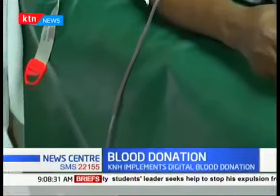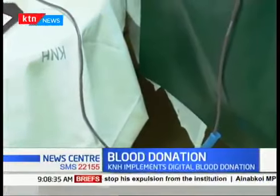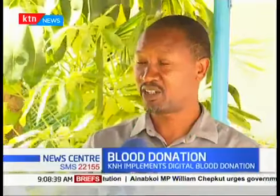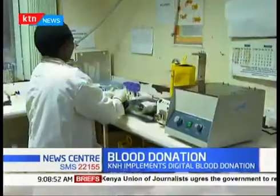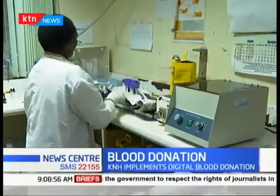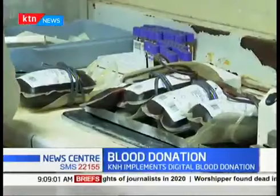Developing countries are constantly struggling to meet blood supplies adequate for the demands of the population. According to the WHO recommendations, each country should be able to collect at least 2% of blood from its population. If Kenya is at 47 million, then 2% of that population should actually be giving us blood. That translates to nearly 1 million people donating blood every year, a number that remains elusive since the country